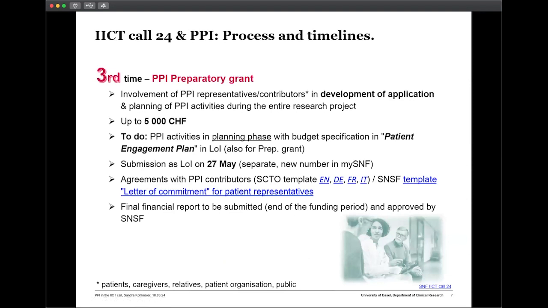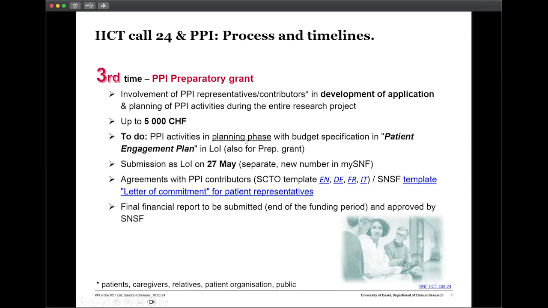So what is the PPI preparatory grant? It's the first time that the SNF is giving such a grant to the researchers, and it is very important that you use it for the right things. So it is actually for the development of the application and for the planning of your PPI activities in the planning phase of your research project. You can get up to 5,000 francs in this preparatory grant,